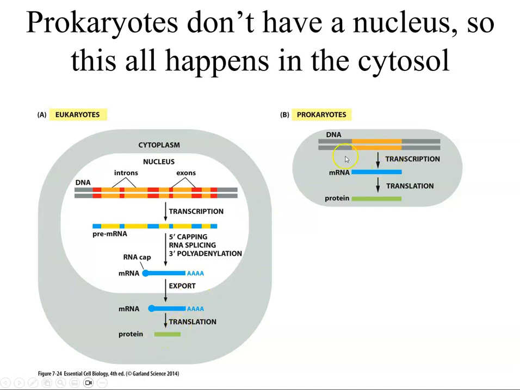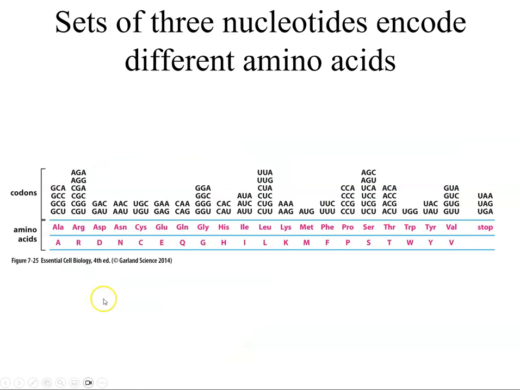Prokaryotes don't need that. They just have mRNA. They don't have capping, polyadenylation, splicing doesn't happen. What you get is what you end up with pretty much in terms of prokaryotes. But just recognize there is a difference, and these differences are really important to understand depending on what system you're studying this in. So once out of the nucleus into the cytosol, it gets recruited by a ribosome, and